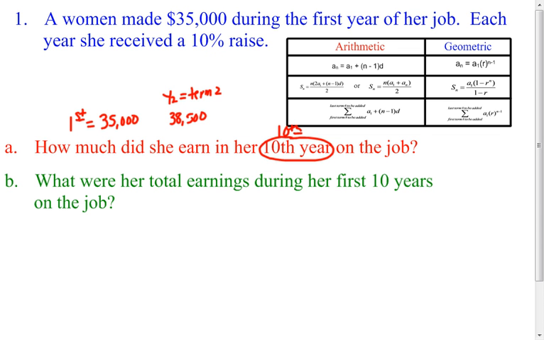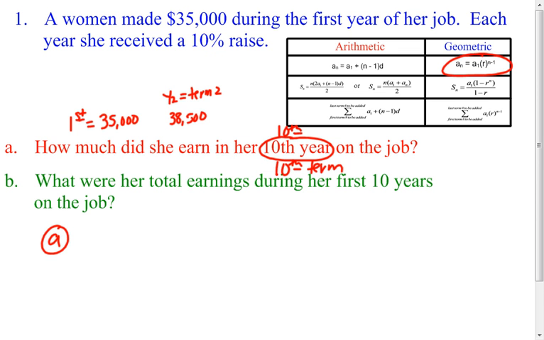If she's receiving a 10% raise, to get that 10%, you're multiplying that 10% to that $35,000. So since you're multiplying, this is a geometric sequence, and to answer this question, I'm basically asking you to find the 10th term of a geometric sequence. And so this is the formula you will use. I know it's maybe a little bit small, but at least you can see the position it's in on your notes, okay? So to do part A,